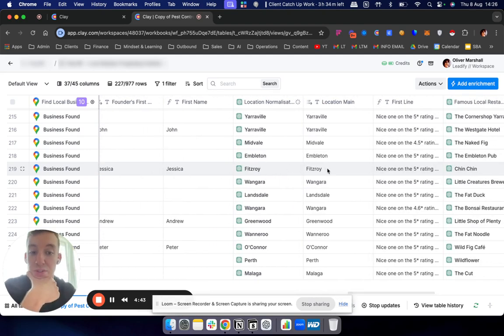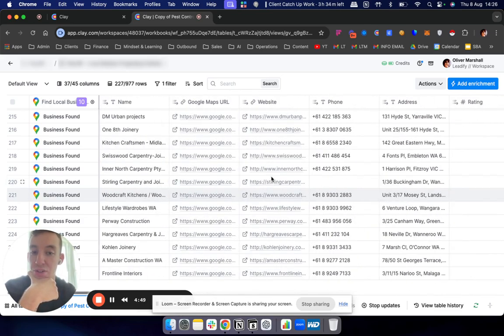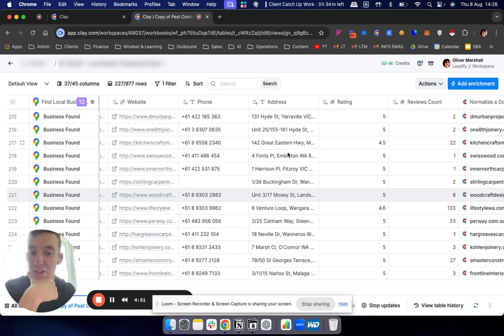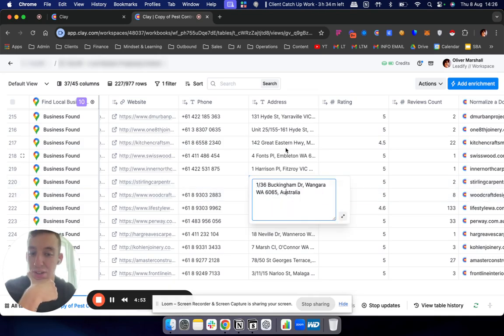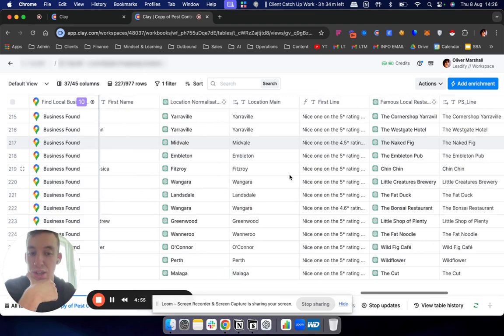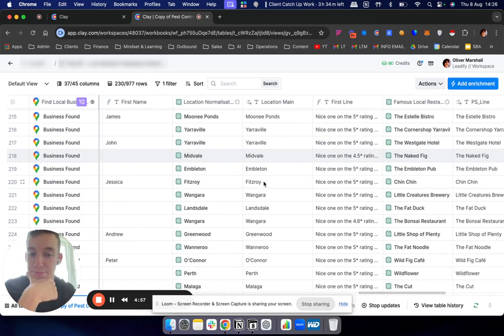Then, because we're using the location in the copy, we are normalizing the location, because a lot of times the location data looks like this, right? So obviously we're not sending all this. So we use AI to normalize the location